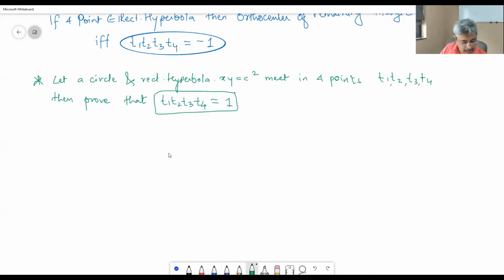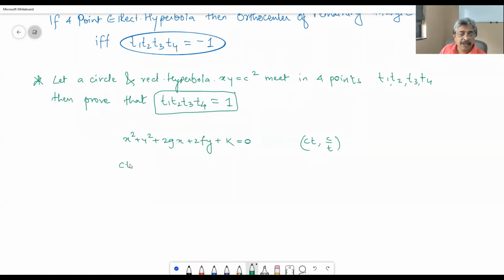Consider a general circle whose equation is x square plus y square plus 2gx, I don't know why I have considered it minus, but it's okay, plus 2fy plus c. That c is going to get confused with this c, so let me write plus k is equal to 0. And any point on the rectangular hyperbola can be considered as ct comma c upon t. If we want to find the points of intersection, we have to solve them simultaneously.